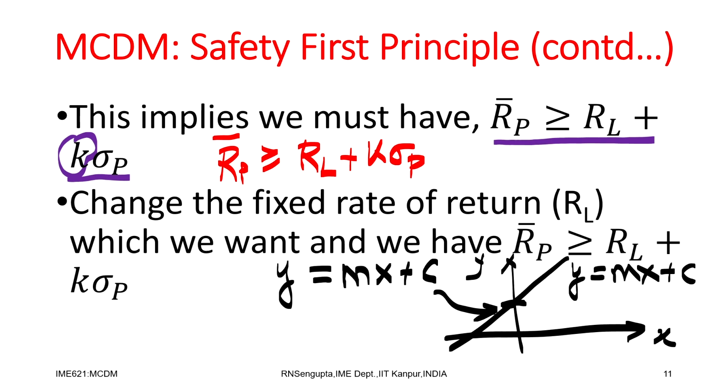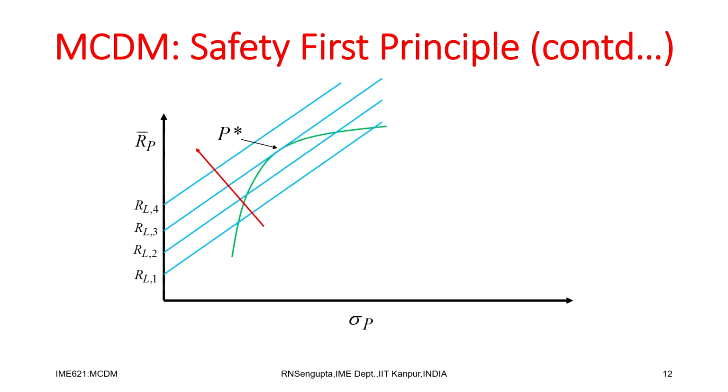So, we can change the equation. If I consider this equation as given, the line looks like this. If you remember, in the equation I said RP bar was Y, sigma p was X, and I have drawn it exactly as this for simplicity of understanding. And the equation was, I will write in black, RP bar greater than or equal to, I will not write RL now, K into sigma p.